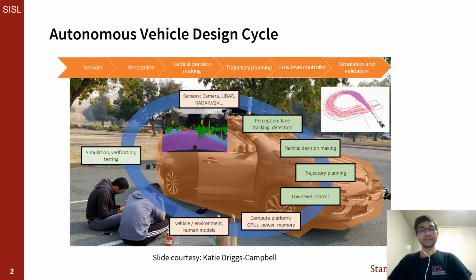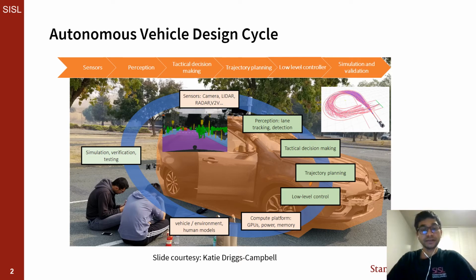Here is the autonomous vehicle design cycle, starting with the sensors that transform the scene into something more meaningful. The vehicle has to then make tactical decisions. This involves planning trajectories which the vehicle can take to be able to avoid obstacles and to be able to do meaningful things like staying in lane. Once the trajectory has been planned, that is executed on low-level control, which could involve GPU, power, memory, and compute